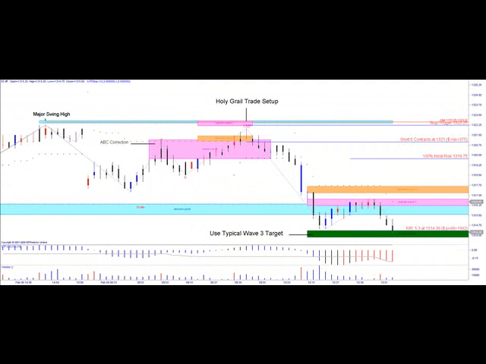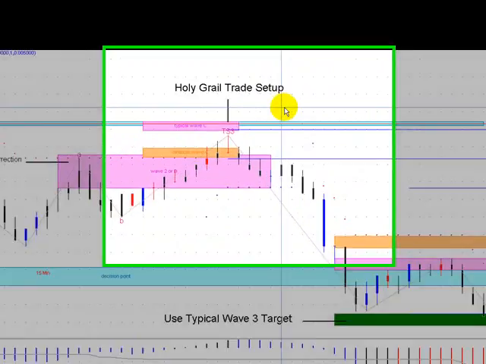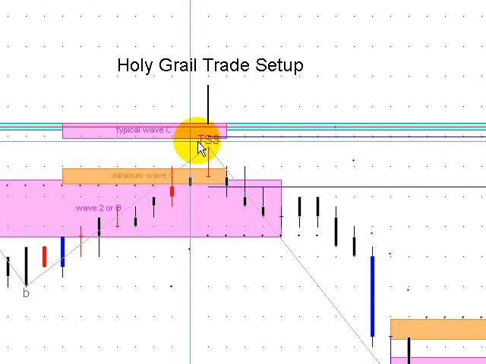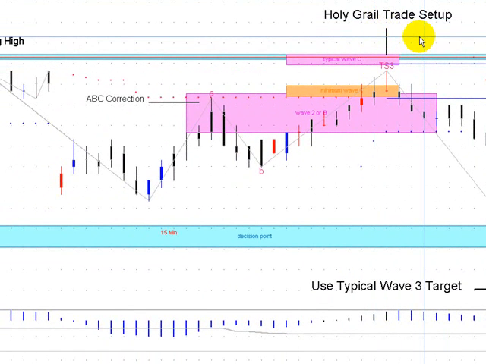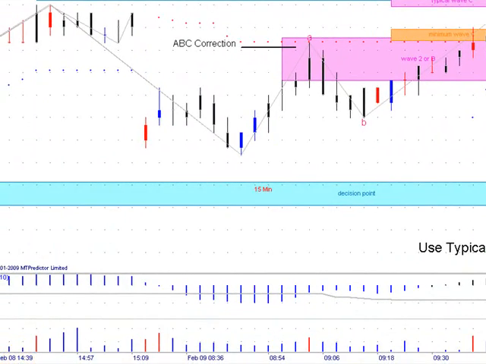This is an MTPredictor trading room update. It's February 9th, and we had a nice trade setup that happened this morning in our trading room. It's what we call our Holy Grail trade setup. And I'm just going to go through it with you and give you an idea of what we were looking at